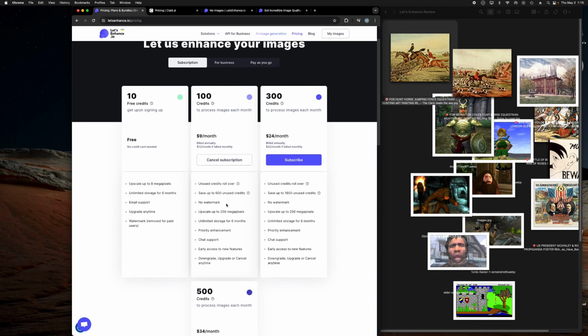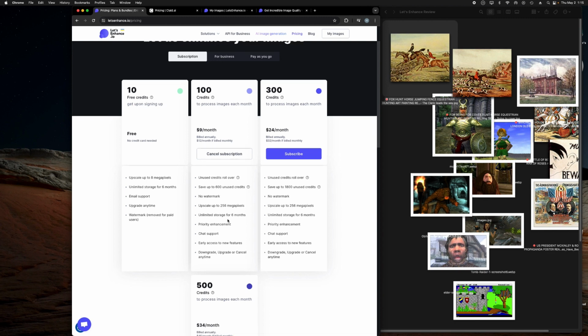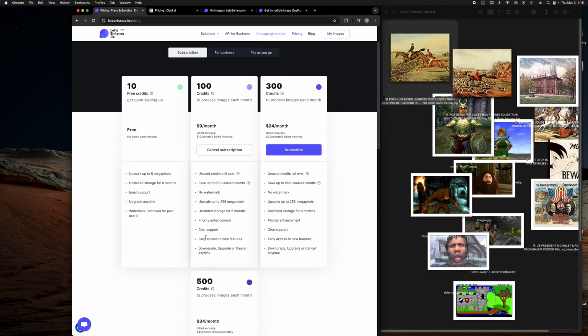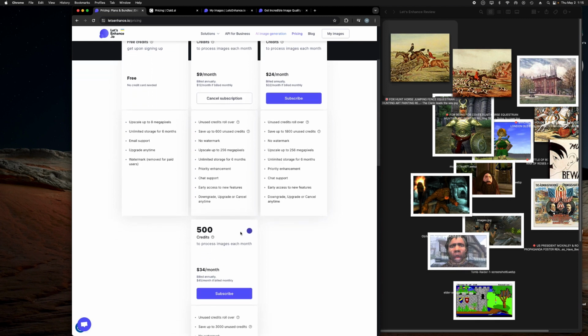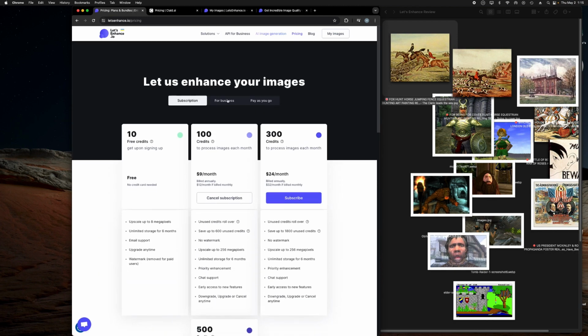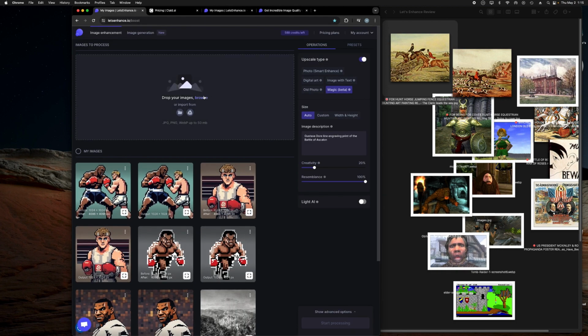It doesn't put a watermark. And it lets you upscale to 256 megapixels. And it will store the images that you create for 6 months. You can download them, of course. I have used their chat support for certain features that weren't working at one point in time that were fixed, and they were responsive. And they give you early access to new features. And then you can go from there. There's also a pay-as-you-go and for business. But let's get back to this page here, and let's go ahead and